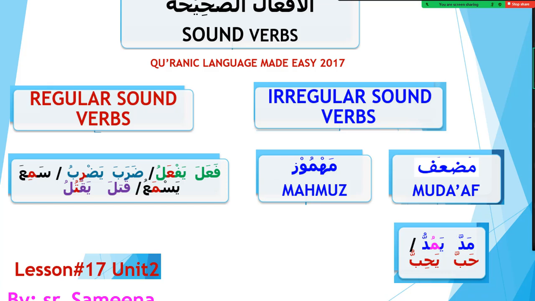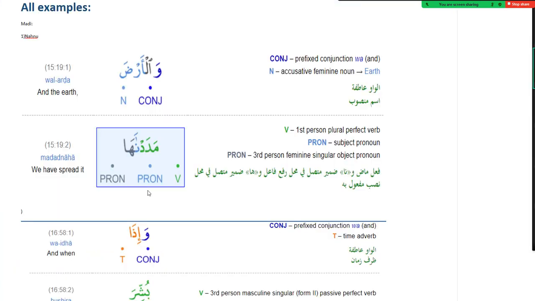Rabbi zidni ilma. So we were learning in our previous class about the irregular verbs, and we were learning about mudha'af, that is double lettered verbs, madda yamuddu, or habba yahibbu, or samma yasammu. In this video, I'll be teaching about the majhul, madi majhul, mudari majhul, and we are also going to learn about the fa'il, maf'ul, and the vocabulary for the double-lettered verbs from Quran, inshallah.